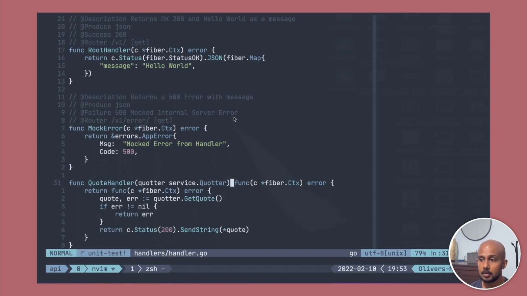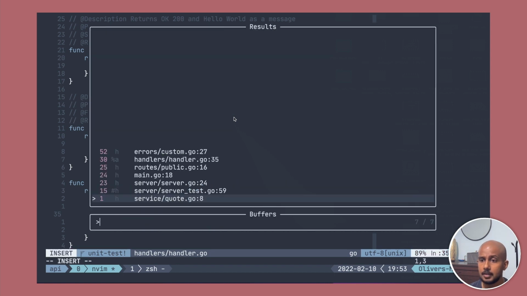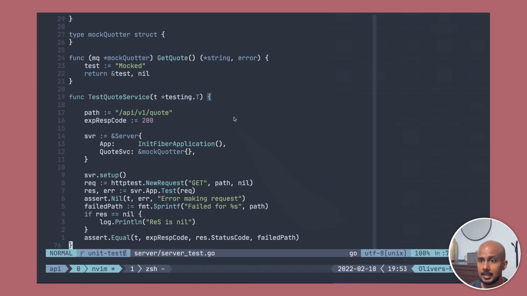And the thing I can do here with GoFiber is have a function that returns the same type as the handlers. So it lets me take the quote service and internally call out to the quote service, handle exceptions, and send a response. Now another good thing about this, if you've read the blog post, we've set up centralized error handling. Because of that, if I get an exception from my quote service, I can simply return an exception over here and have centralized error handling take care of it. So that's about it. And since we've done this, let's go ahead and write another negative test where it throws an exception. So